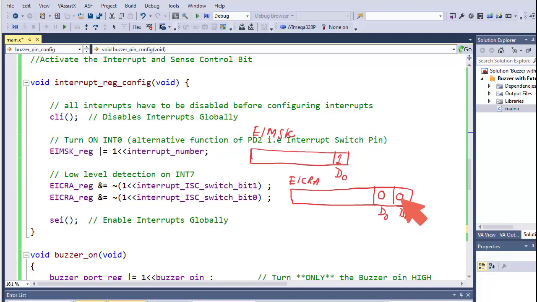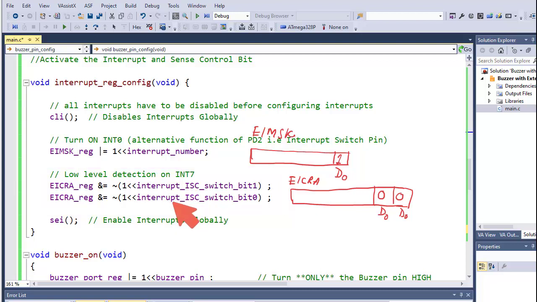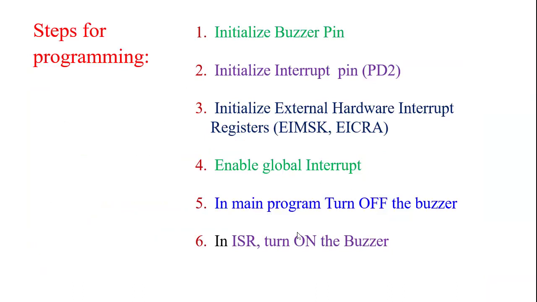To set both to logic 0, I have used this instruction with a shifting operation. And at last we enable the interrupts globally by using the set interrupt function. So this is initialization of the interrupt register. Enable global interrupt I have explained.